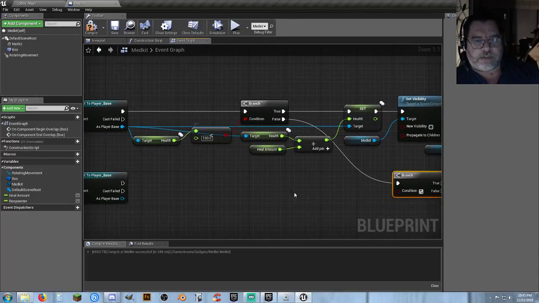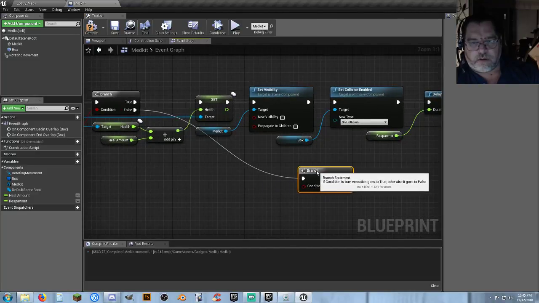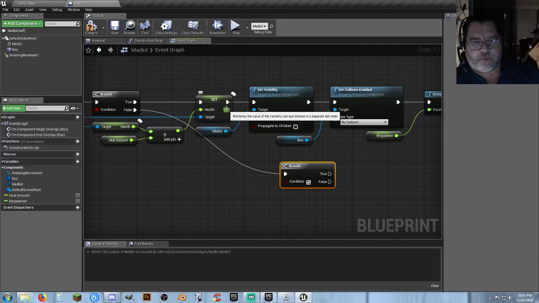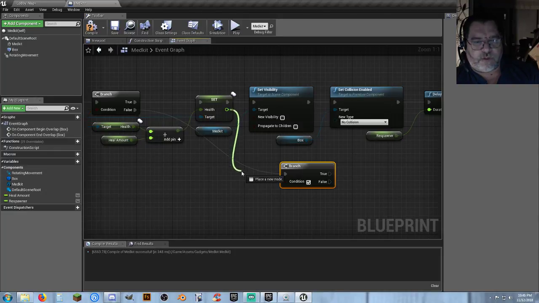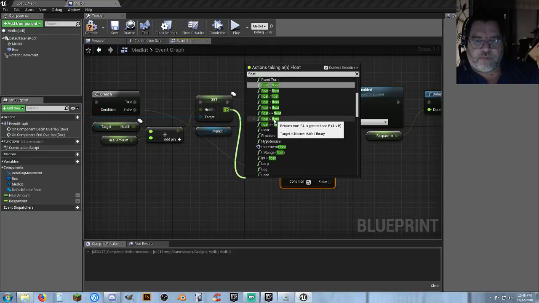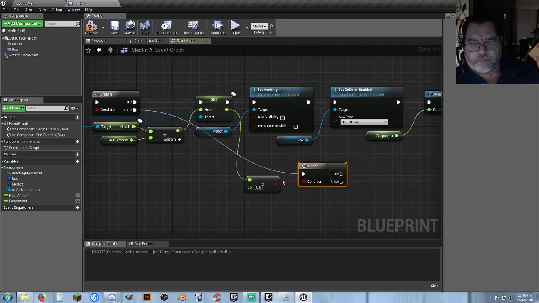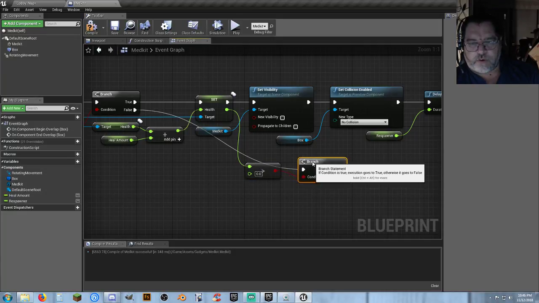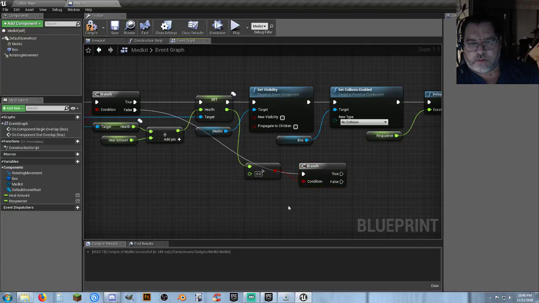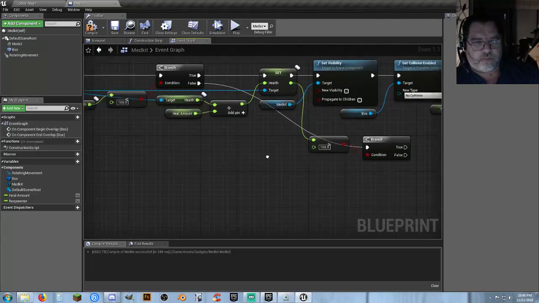Yeah, if it's not less than 100, let's just go ahead and pull from this right here. It's set our health, and we'll get float to see if it is greater than 100. Because if it's greater than 100, we don't need to have over 100 on our health. So I'm just going to go ahead and put that in here. If it's greater than 100, then we need to